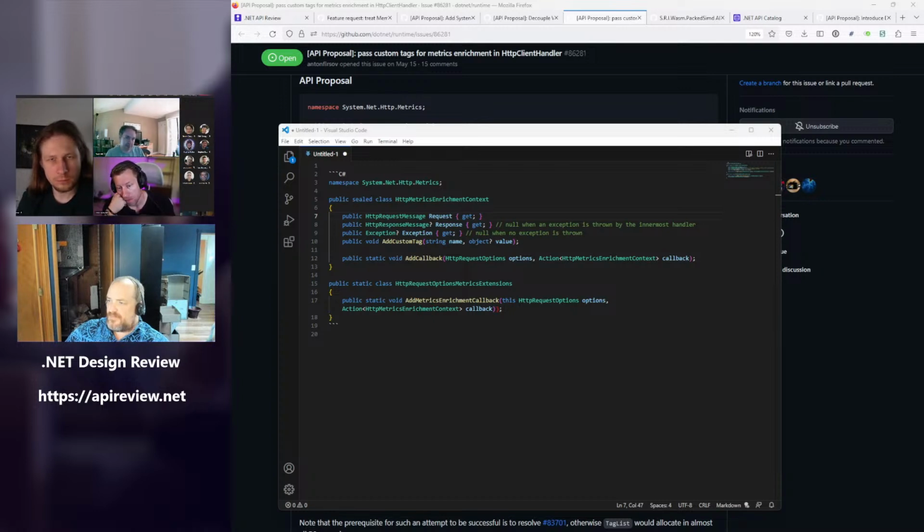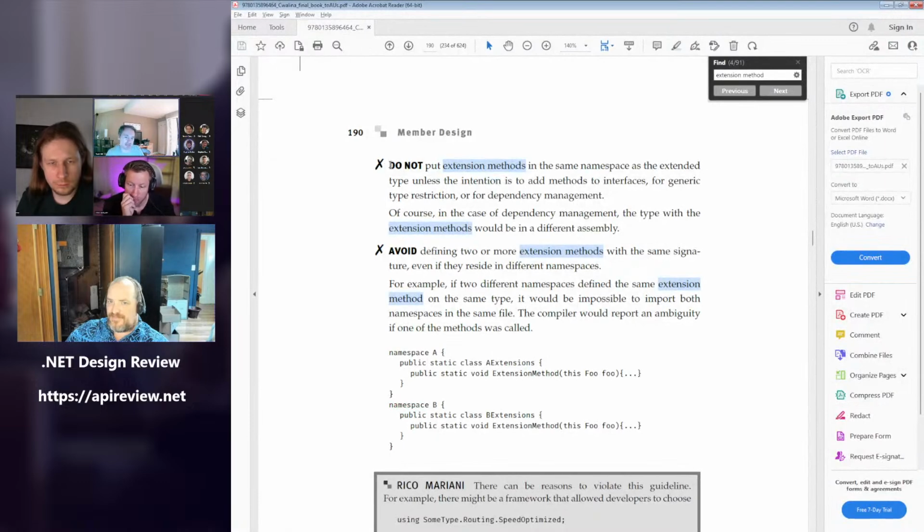Gotcha. But aside from us cheating with the implementation, us adding an instance method would be equivalent to someone adding an extension method with the same namespace as the request options, right? Like from how it's used. Yep. So if we thought it was important enough, I don't think it's a terrible thing to put it on request options. We wouldn't put in an extension method if we were going to keep it in the same namespace, right? When I initially proposed it, I think I did have it in the same namespace as an extension method.